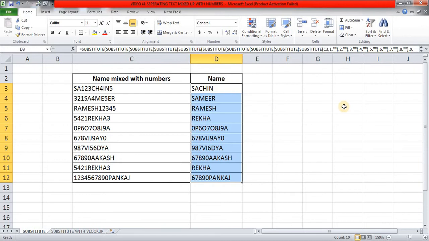cell selected, F2 and control enter, and here you have Sachin, Samir, Ramesh, Rekha, Pooja, Vijay, Vidya, Akash, Rekha and Pankaj. So this is how you can use a substitute to separate numbers from the text, and in this particular